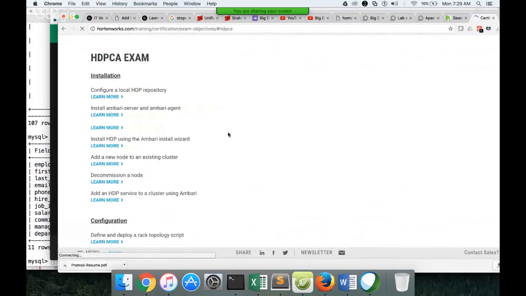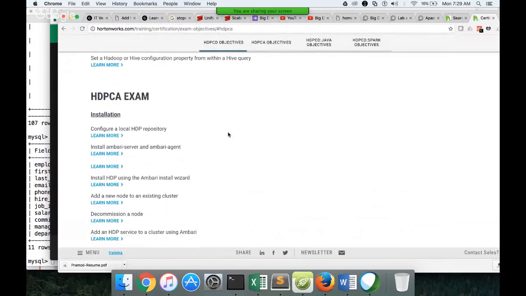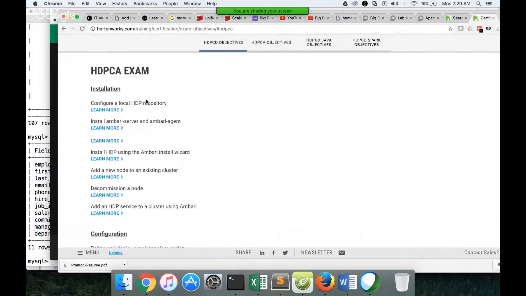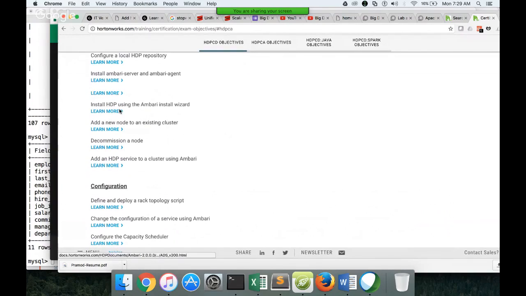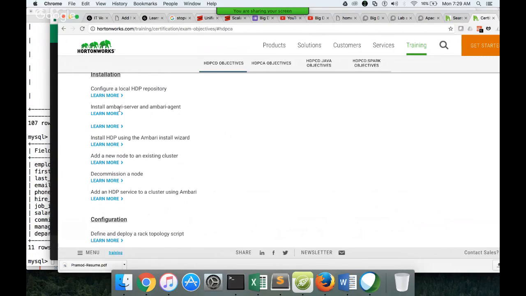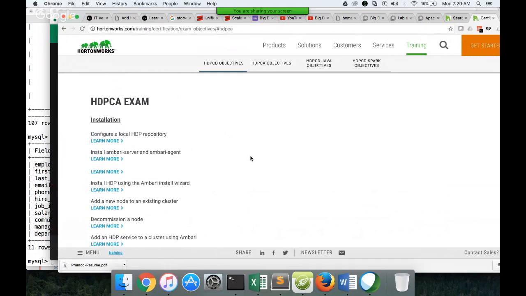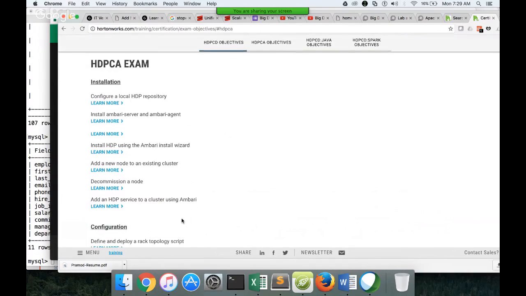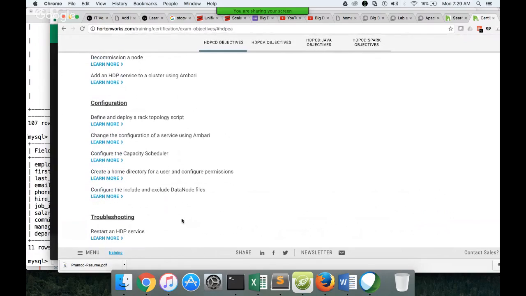Their website is very sloppy. Now you can see the objectives of HDPCA. They talk about installation. Installation in the sense that you should be familiar with how to set up a Hortonworks cluster. As part of this, typically they give exercise questions in the exam to add a node to the cluster or decommission a node from the cluster. And as part of configuration, if you have to make any configuration changes to existing clusters, these are the things they will test,